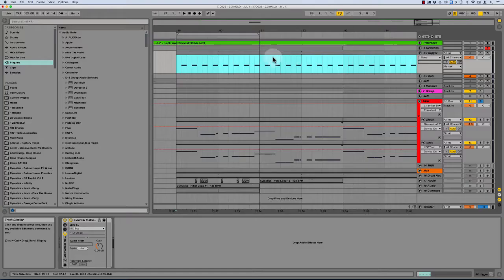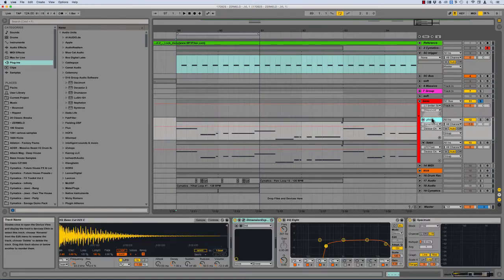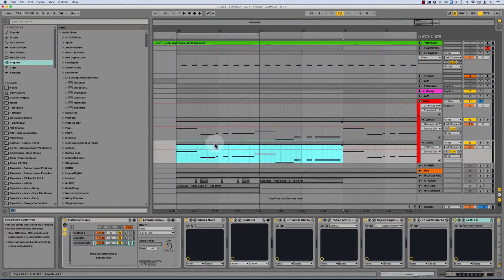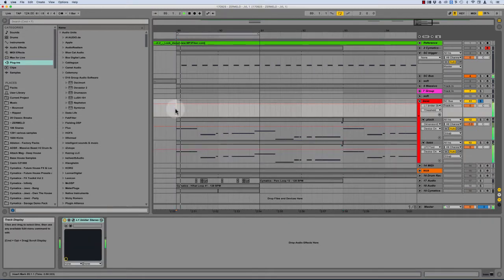If that's what you came here for, I do have a video on that, and I'll link it in the description. But this is something a little bit more advanced, I would even say. It's basically using MIDI to trigger the LFO tool on itself. The idea is kind of the same, but let me walk you through the process and what's going on. So I just simply have a bass part,